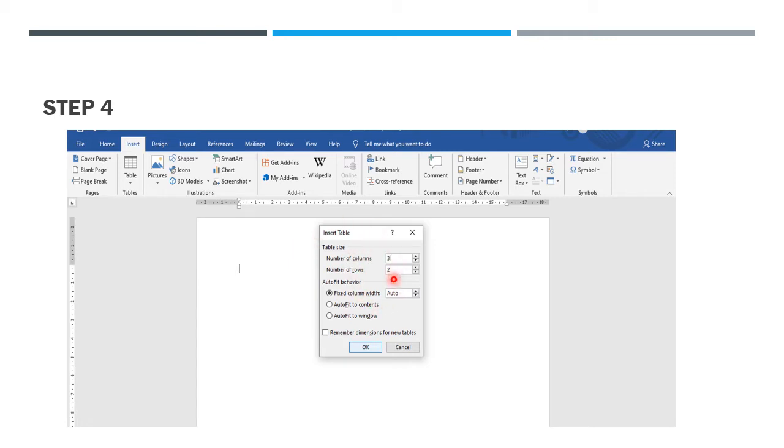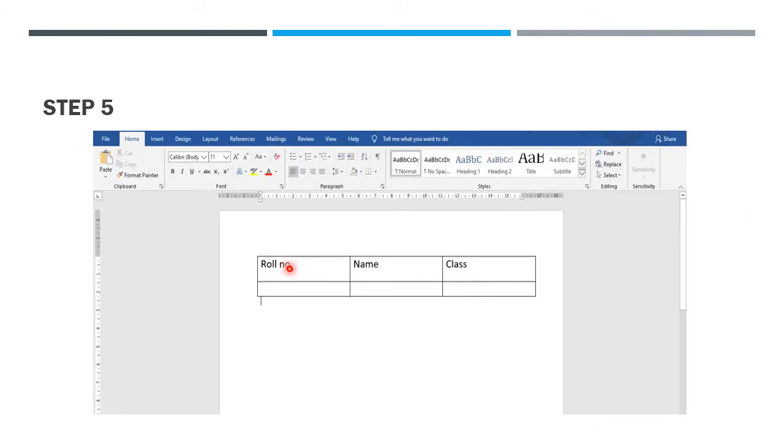In the dialog box, enter the number of columns and rows you want to insert in your table. Here I have set the number of columns to 3 and the number of rows to 2. After entering the numbers, click the OK button.